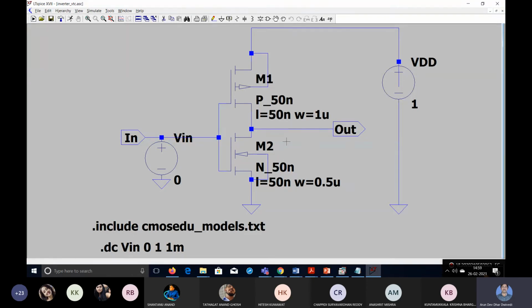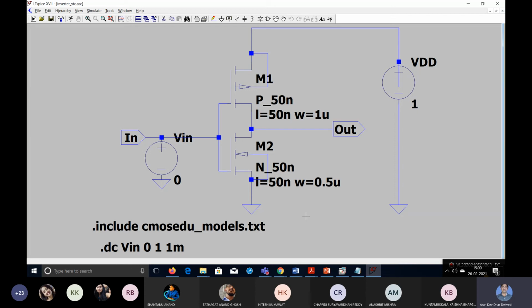So only if these input and output ports and this circuit connection are there, then we will make a symbol for this one, and that symbol will be used for next stage simulation, like a ring oscillator you want